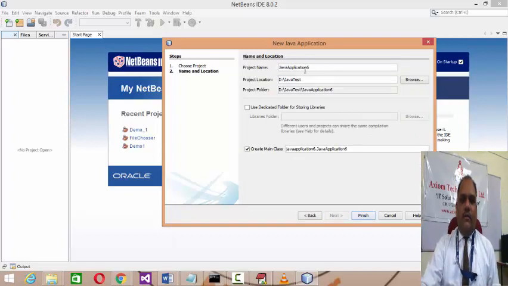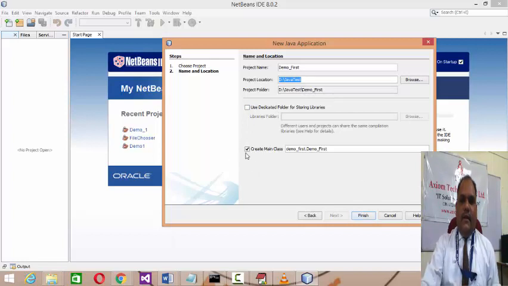Let us understand that we are developing a project by the name Demo First. First is the project name, and then it will ask you the project location where you want to save it. I'm going to save it in the Java test folder. So during this project development, whatever number of files you generate will all be stored under the folder called Demo First.